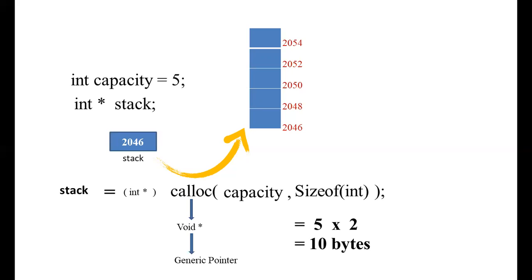Here, static memory allocation means we are using arrays, and dynamic memory allocation means we are using the calloc function and realloc function, of course with the help of the pointers concept. So this is only a creation, and now let us see what operations we can perform on the stack. Once the stack has been created, what operations can we perform on the stack data?